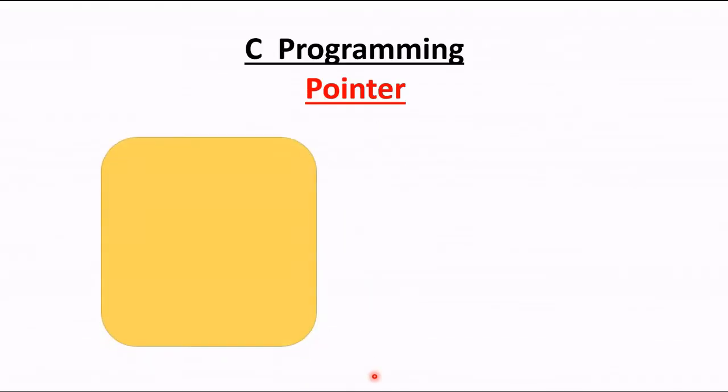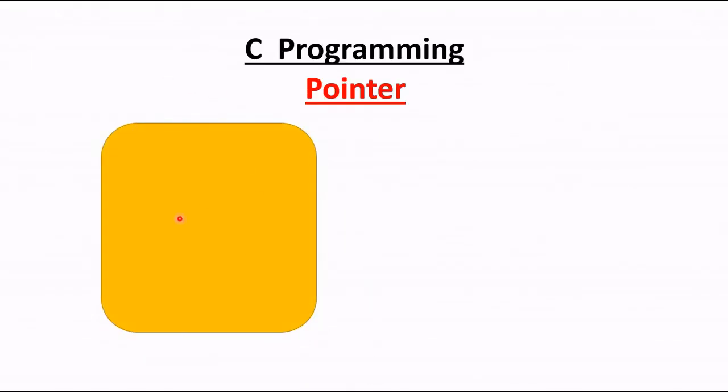So in pointer, suppose this is our total computer memory. Inside this memory, all our variables and everything will be stored. This memory will be divided into small blocks. So suppose inside our C program I have just created one variable, and the name of the variable is number, and this variable is created inside the 100th box. That means the address of this number variable is 100, and I have kept the value 5